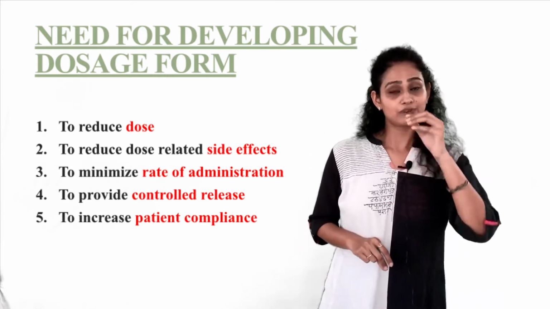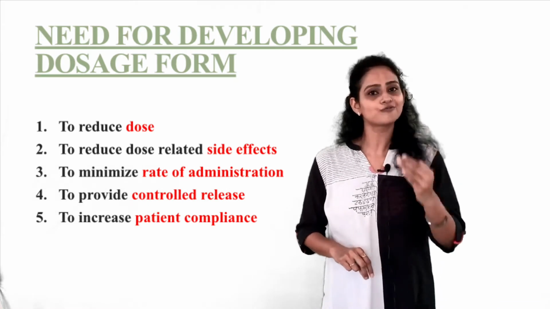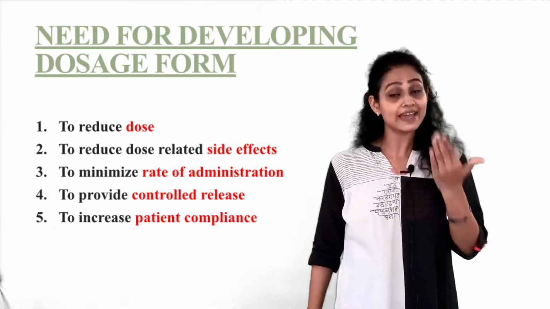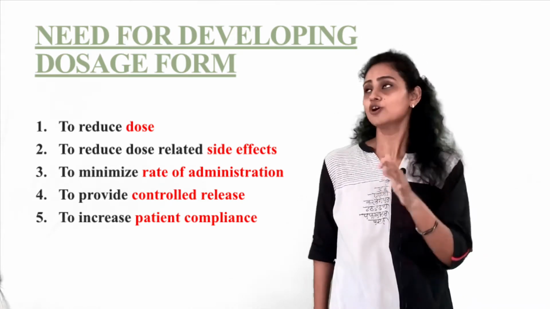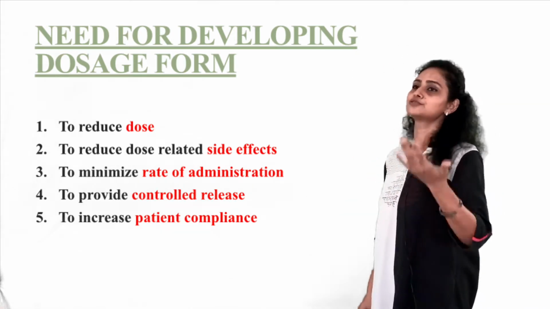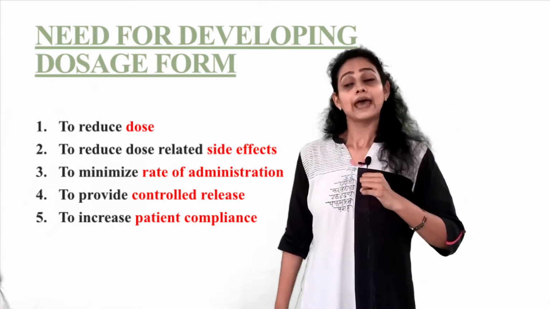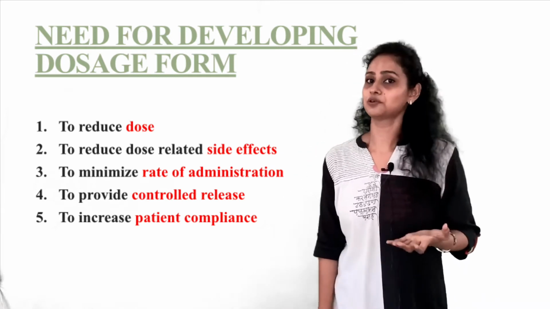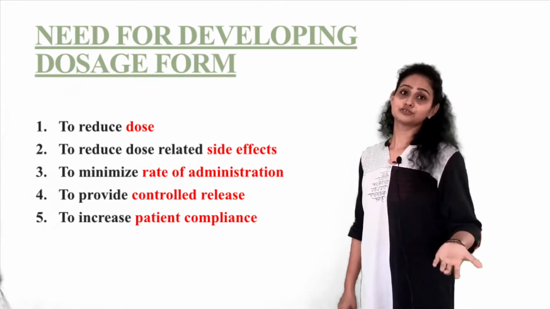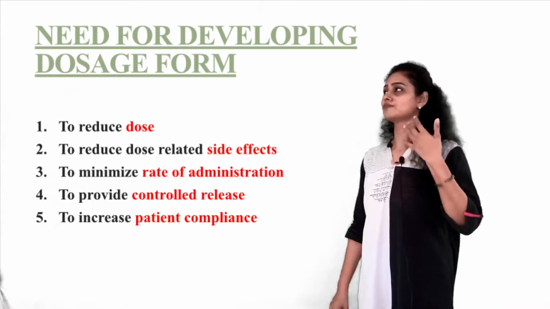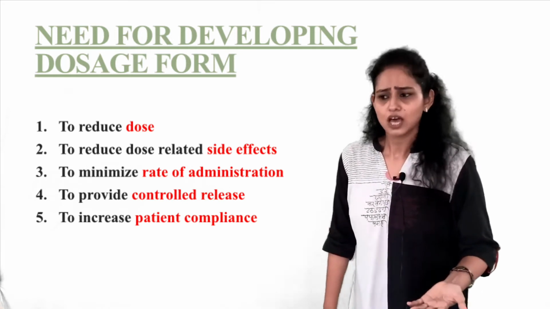When we are going for targeted drug delivery, what happens? The amount of dose that is required to give an action is reduced. So when we want to reduce the dose of any drug, we can opt for this osmotic drug delivery system. And of course, when we are reducing the dose, dose related side effects are also going to reduce, right? So we use it when we want to reduce dose, reduce dose related side effects, and achieve zero order kinetics.